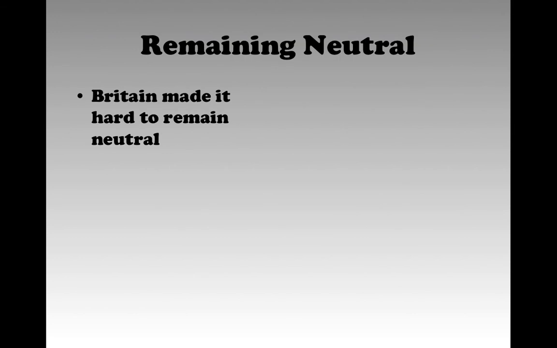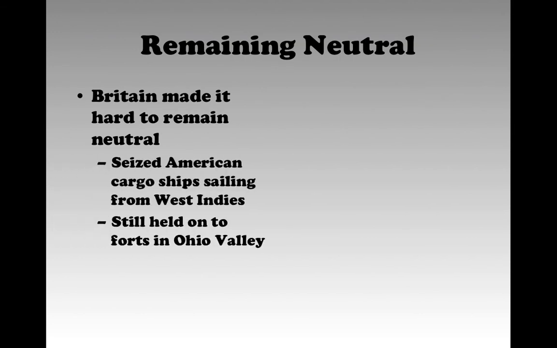Next thing we'll look at is the United States remaining neutral. We already talked about their neutrality in class. Washington declared neutrality when it came to foreign issues, but Britain didn't make it easy because we were trading partners with many of the countries in Europe, specifically France, and Britain would benefit from a split France. Anytime we tried going anywhere near Europe, the British would seize our vessels or ships and take goods off of them. So that became a problem.